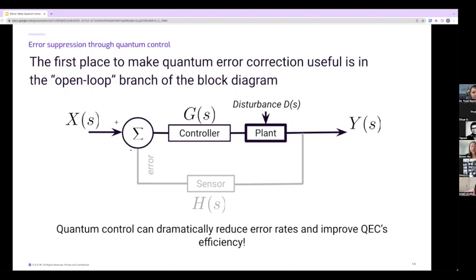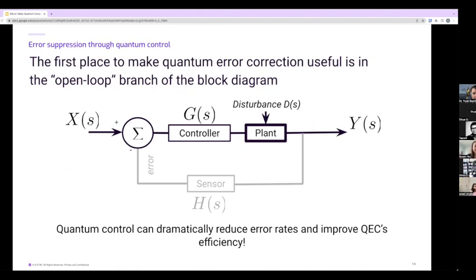We can look at the quantum error correction feedback loop that is the core basis of the theory in the context of a block diagram, which is just a common way of representing classical control theory,